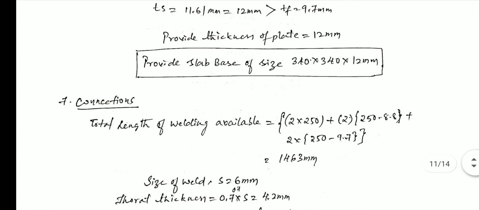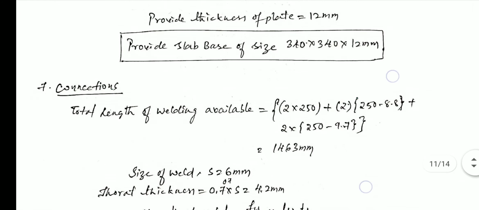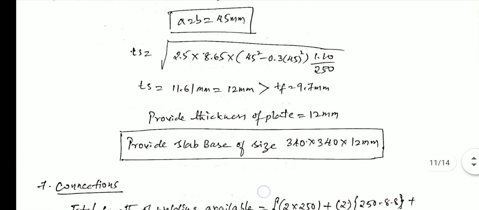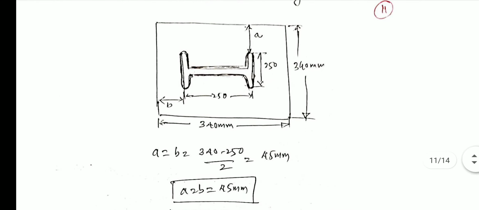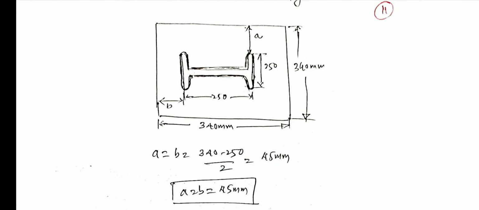So here the connection is given. We are required to calculate the total length of the welding. Directly we go to the plan. You just remember this. Here you check 250, you get the whole length, you can say 2 into 250. Now in this 250 we have to subtract TF, the thickness of the flange, and one more TF, because this width is inside. One is outside, the second is inside, and you have to take the whole length again, and the width inside, where we have to subtract the thickness of the flange.